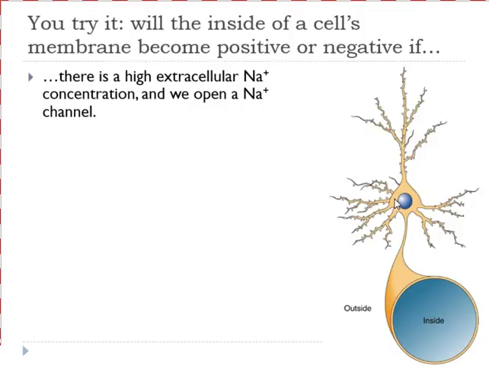It should become positive on the inside of this membrane until such time that the positive charge is sufficient to balance against this concentration gradient. At that point, you'll have equal numbers of sodium ions being repelled from the inside and attracted to the outside of the membrane, and we'll hit an equilibrium. But that should happen with a positive charge on the inside of the cell. That's what that tells us. Okay? So we could predict from this little illustration that the equilibrium potential